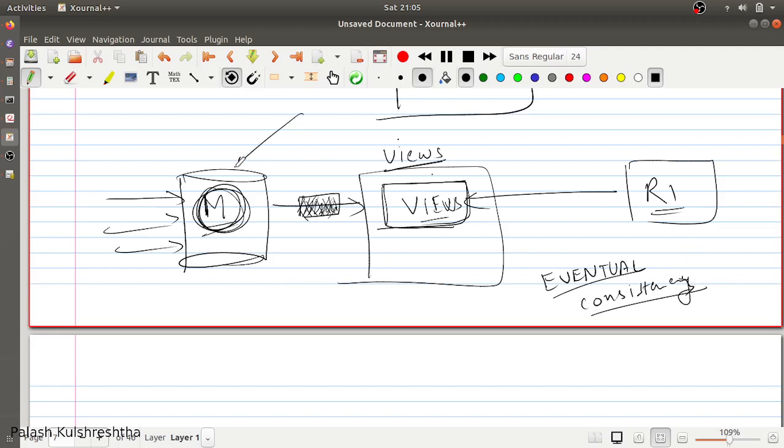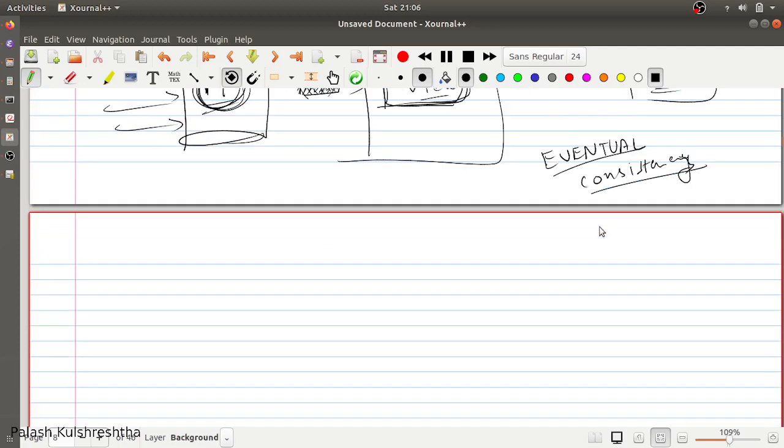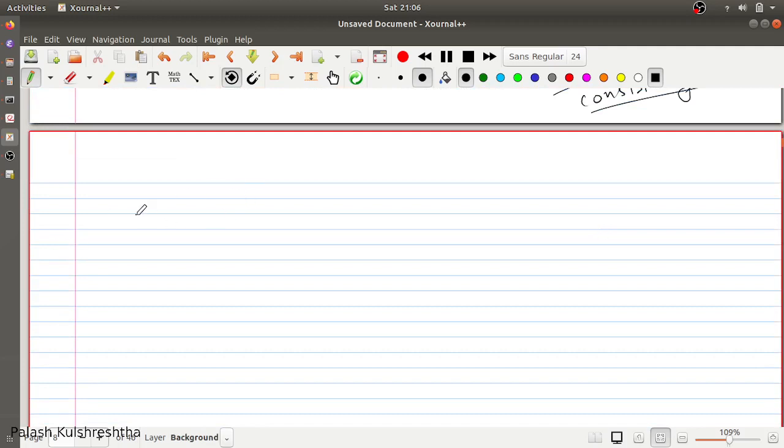If you're reading from the main database, then it is going to get right data every time. If you're reading from the views, then you're going to get eventual consistency. And now let's see what are the advantages and disadvantages of having views.